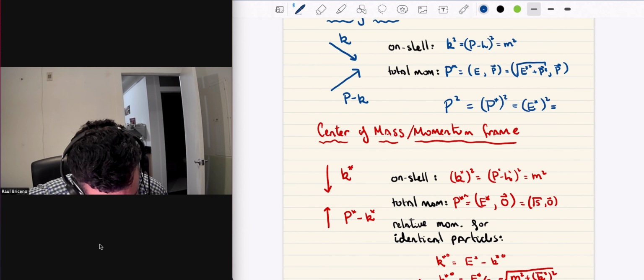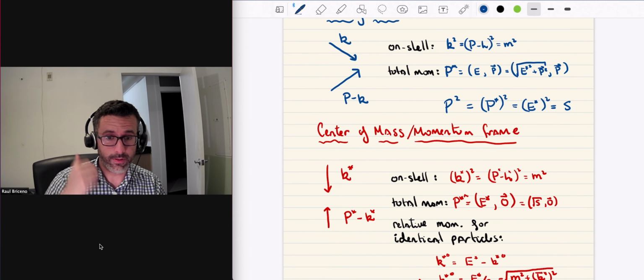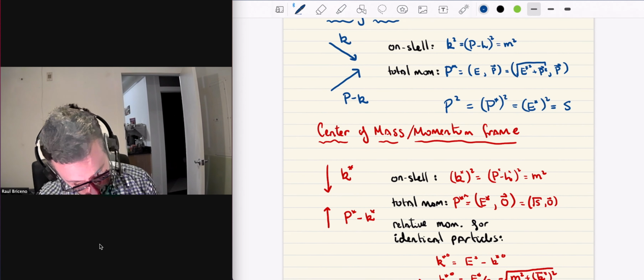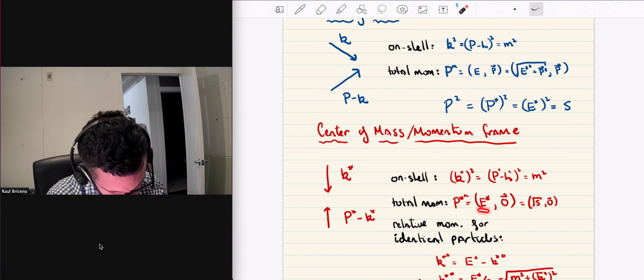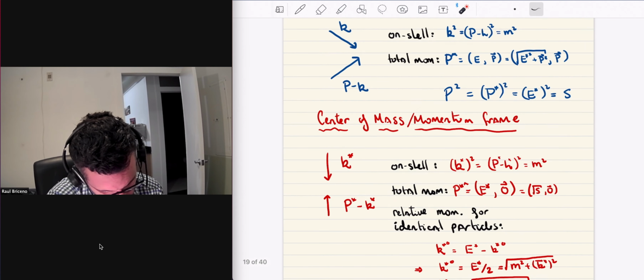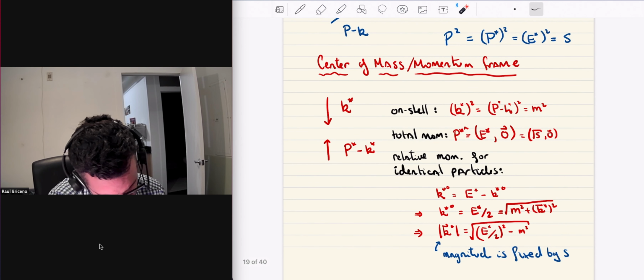And this, we give the special symbol S, for the Mandelstam variable S, okay? And so sometimes I'll be using E star, sometimes I'll be using S. So just keep that in mind, okay? And of course,